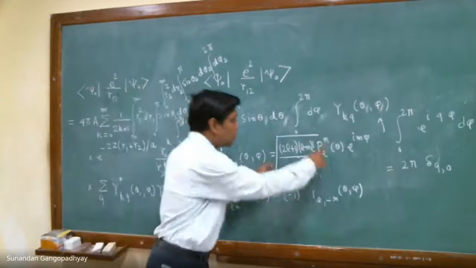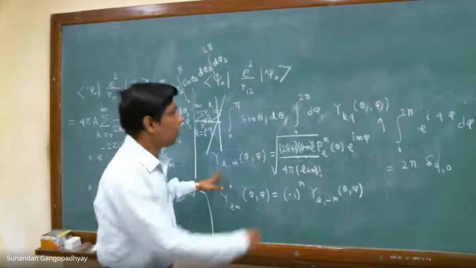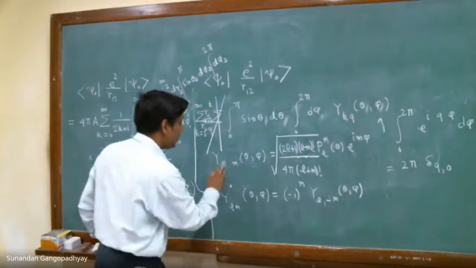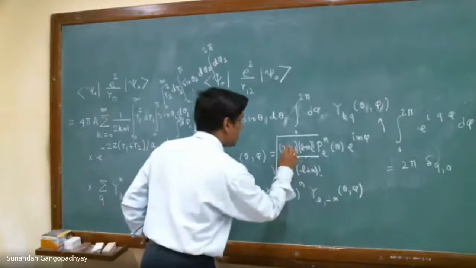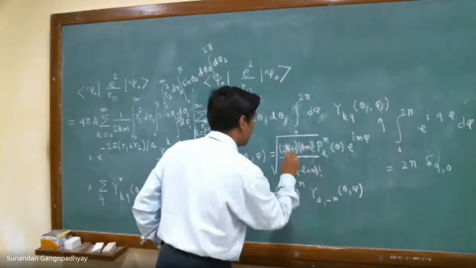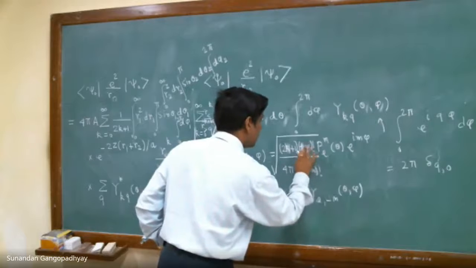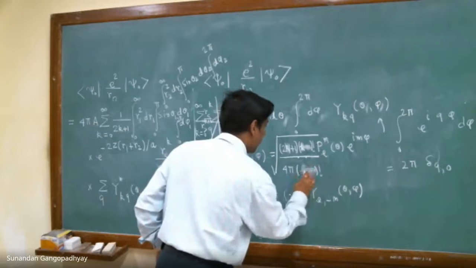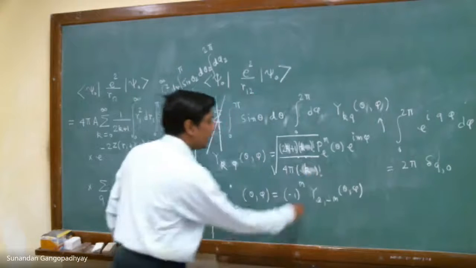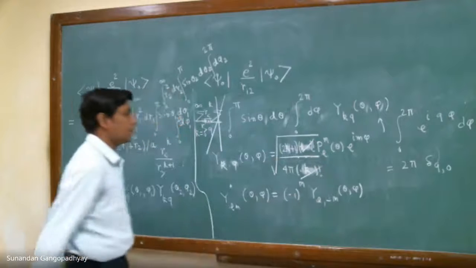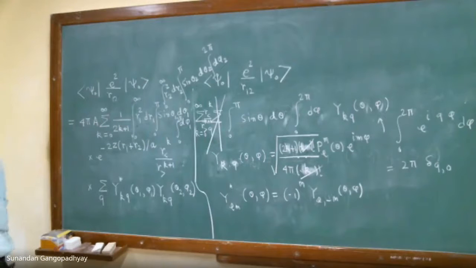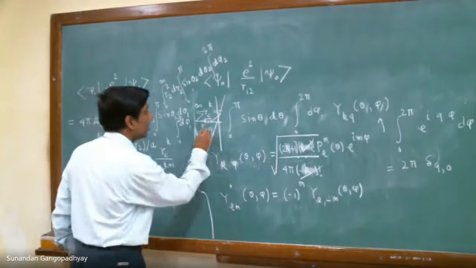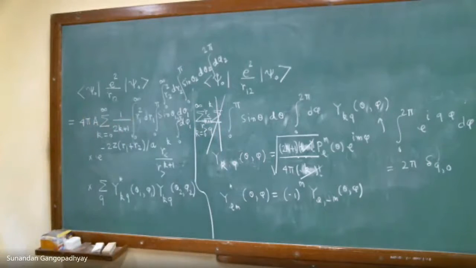And now you have this constant sitting in front, which for Ykq, this will be replaced by k, this is q, this is k, this is k, and this is 0. So this becomes k factorial, and this is also k factorial. So you can see that this k factorial and k factorial cancel. So that is what I am saying. Okay? Here, I think, yes, this is fine.